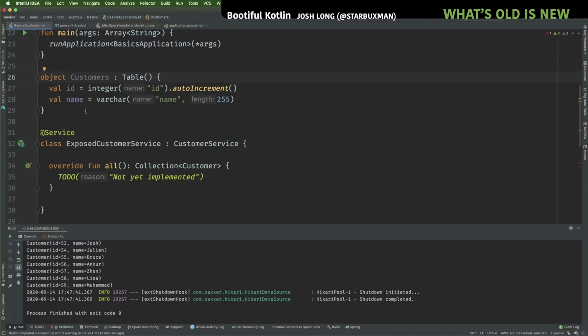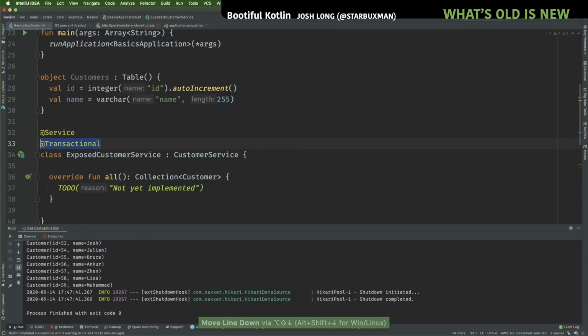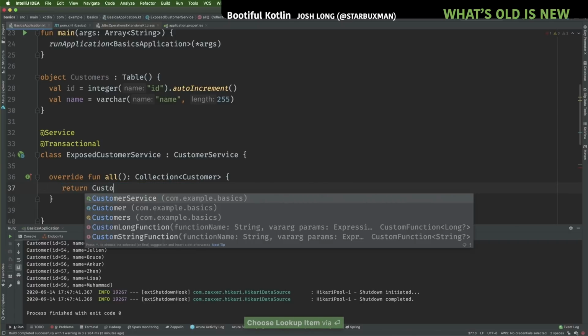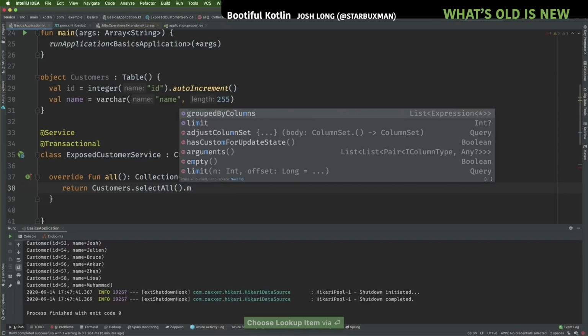And I'm now going to use that for my ExposedCustomerService. But keep in mind, Exposed has its own concept of a session, its own concept of a transaction. And so we need to be aware of that. And so what I like to do is I like to make my services transactional. The auto configuration automatically connects the definition of a transaction from Exposed to the definition of a transaction from Spring, right? So now I can easily just say, okay, return Customers.selectAll().map,